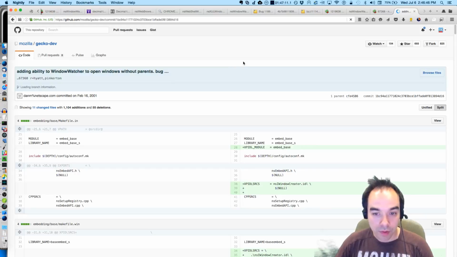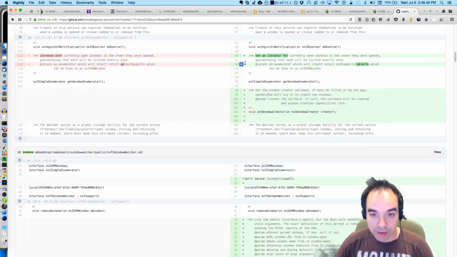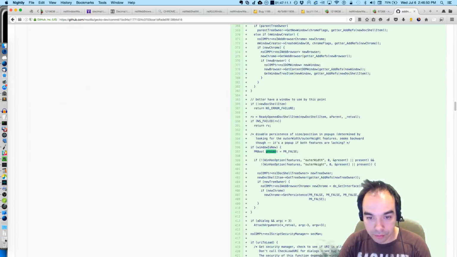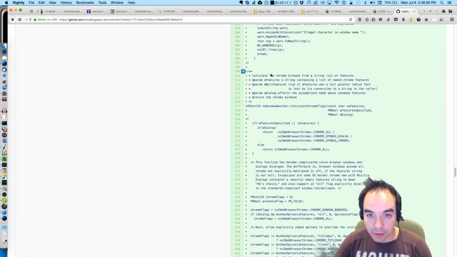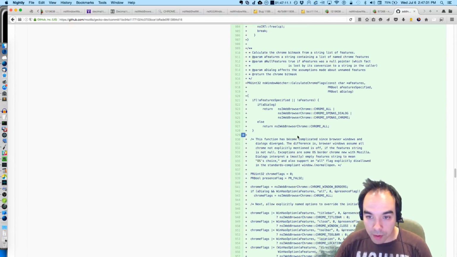So what happens is they add this presence flag thing. These functions become complicated. The difference is browser runs a small Chrome. Browser runs a small Chrome is not explicitly mentioned as off if the feature string is not null.